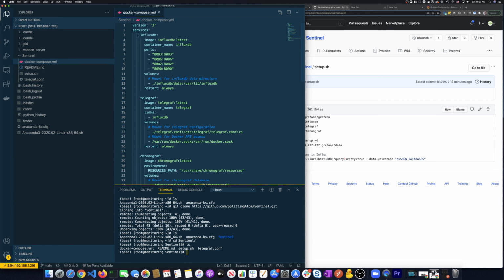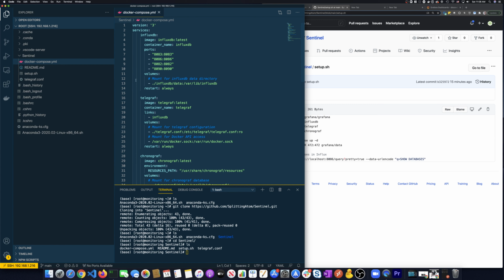So in this Docker Compose, I can see I'm bringing up an InfluxDB container. I'm assigning some ports to it to my host machine. I'm also mapping out some storage for the data, so I can make that data persistent even when I bring down this Docker stack and bring it back up. When I bring it back up with the latest container for Influx, it's still going to be able to use all that data I've pulled over the history of